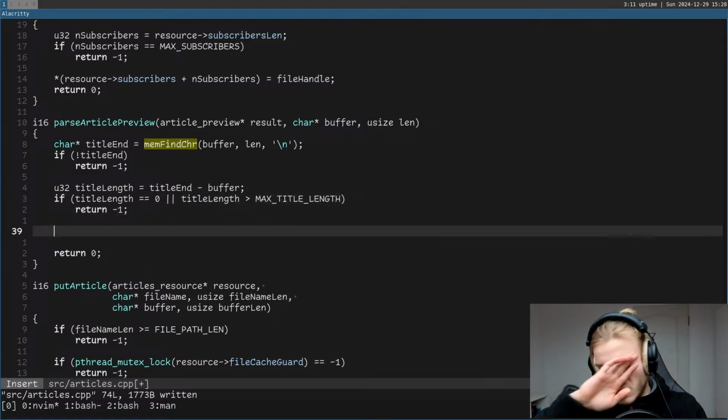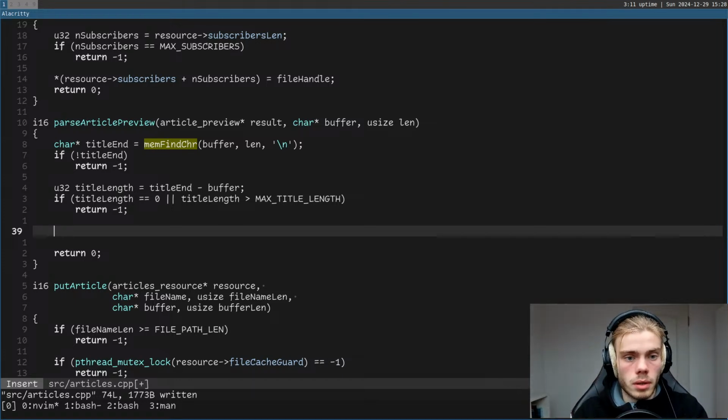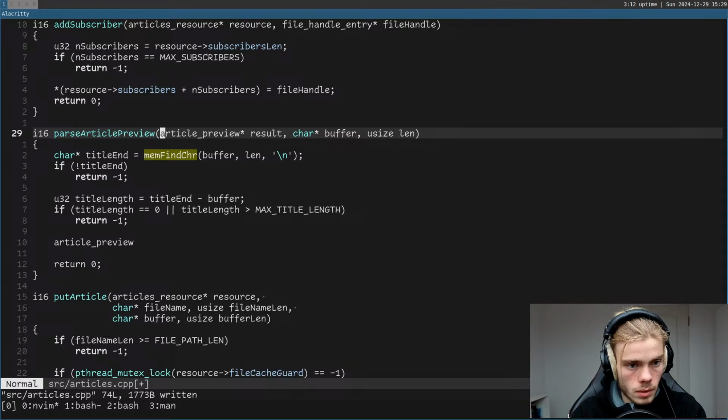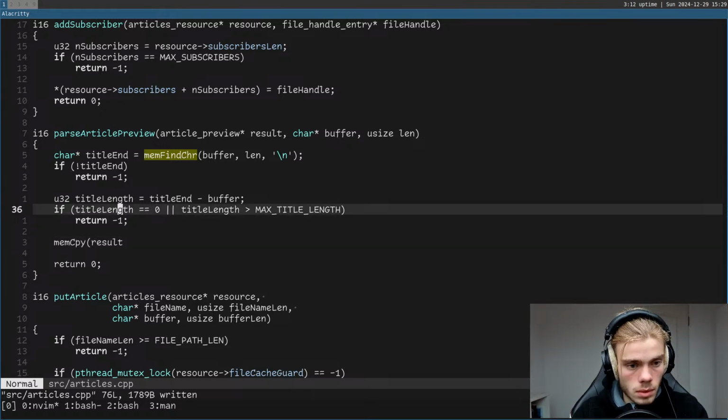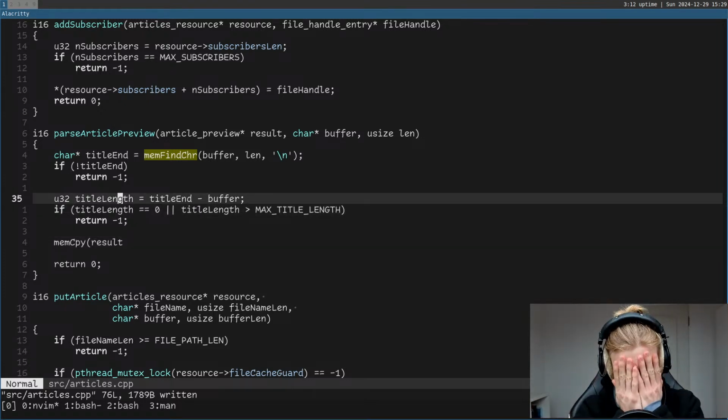Return -1. Otherwise, we want to say article preview, no, this is the result, so mem copy and the rest. Okay, so the rest of it is